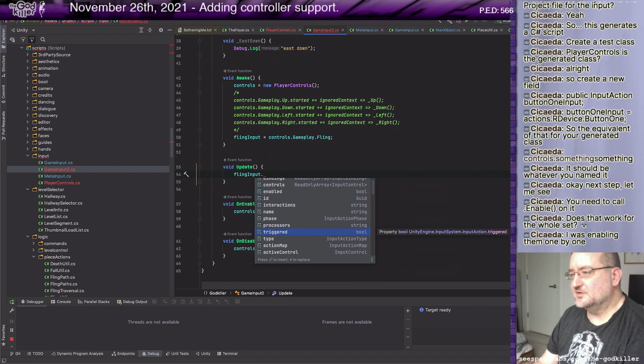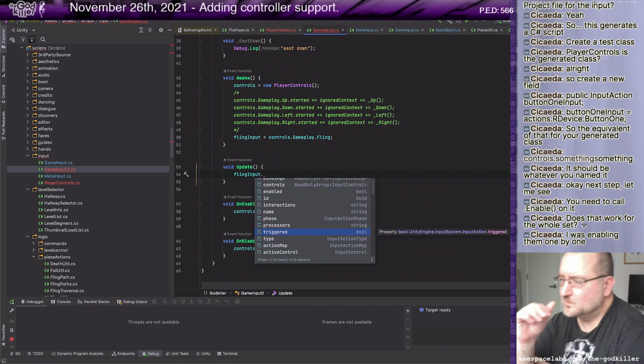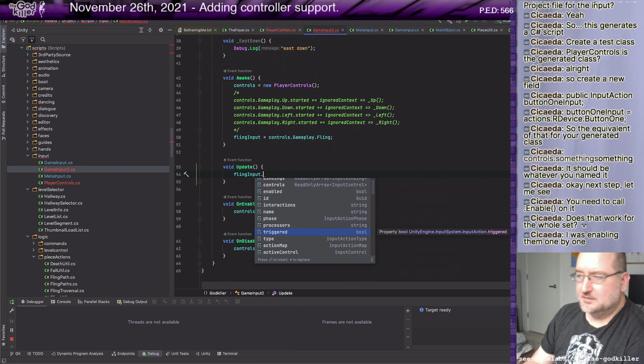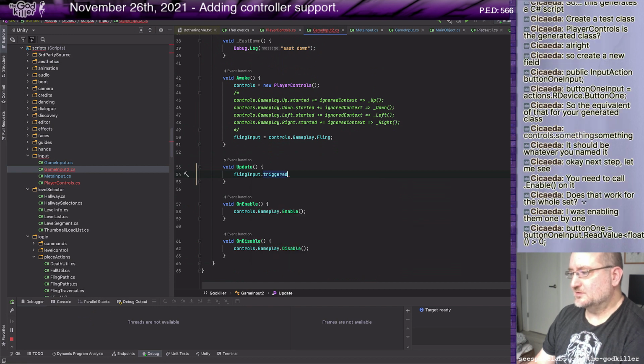I suspect it does work. I do like this idea I can just pull off the input actions if they've got enough information accessible via their properties.